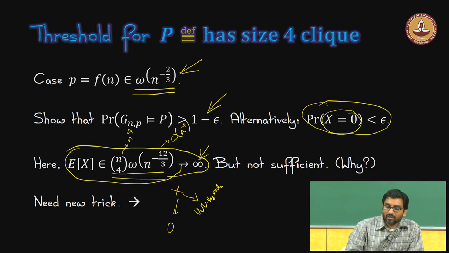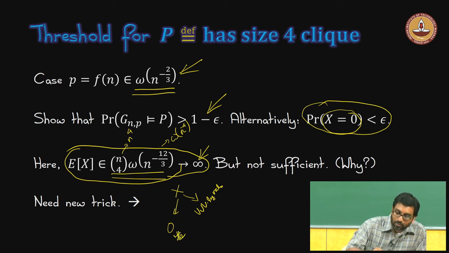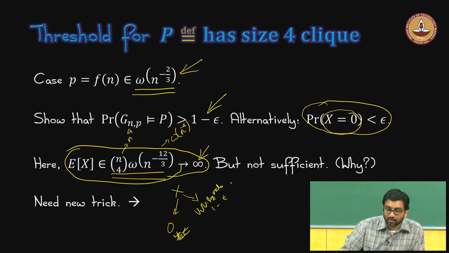Okay. 0 with probability epsilon, and some very large value with probability 1 minus epsilon. Okay. And if this large value tends towards infinity, then you will get expectation of x going to infinity,